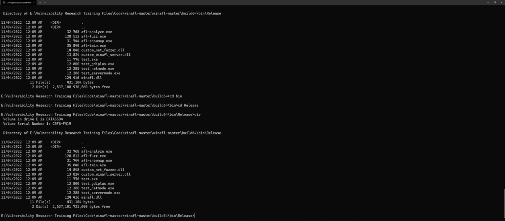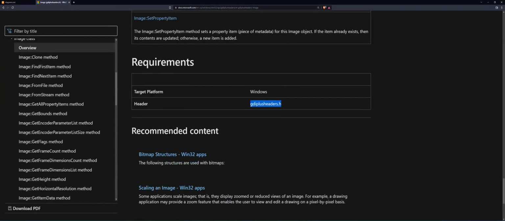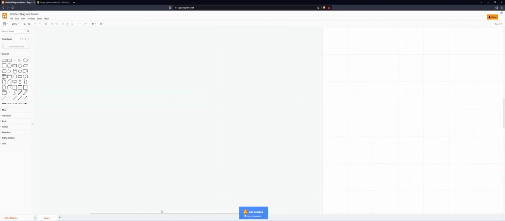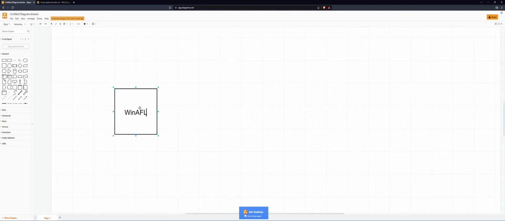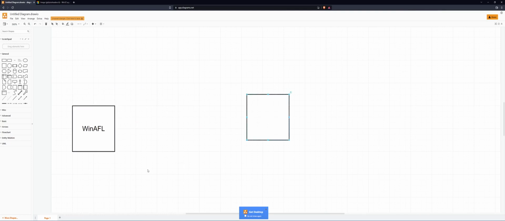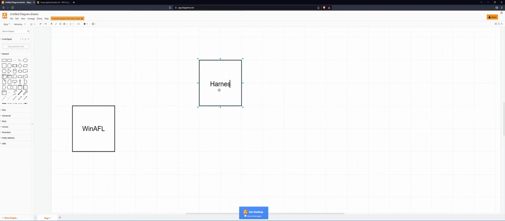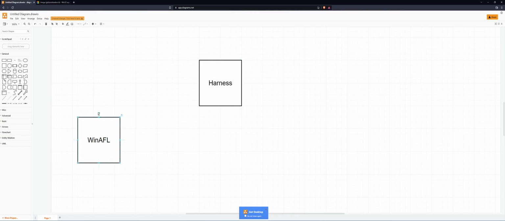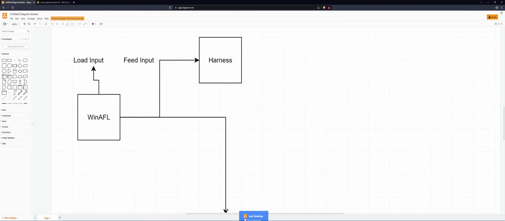And now I have to create the input and output directory for WinAFL. Because note, if I open up the browser, the way this is going to work is that we have WinAFL and we have our harness. WinAFL is going to load an input from an input directory. Then it's going to feed input to the harness. And then part of WinAFL